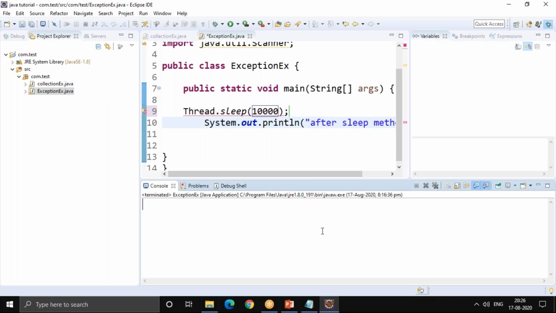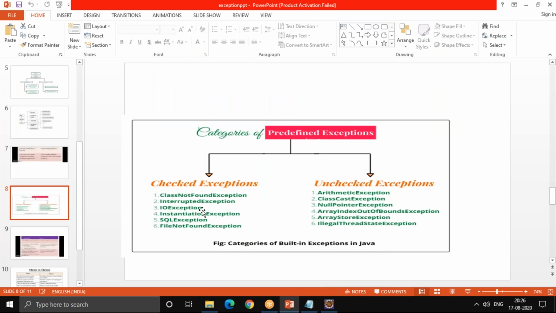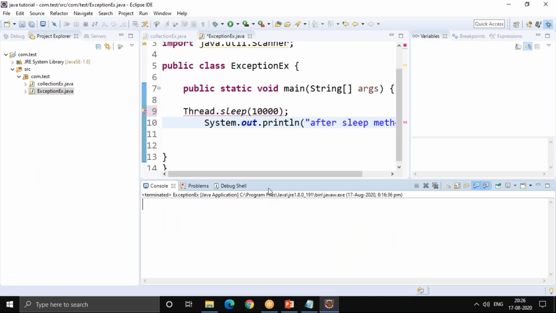whenever a thread is sleeping, there is a chance of getting an InterruptedException. If you see, there is a chance of getting an InterruptedException. This InterruptedException is a checked exception. So when you are writing Thread.sleep or trying to read from a file, you need to handle that exception. It means I need to write try and catch. If I am not writing try and catch, your compiler will not allow me to